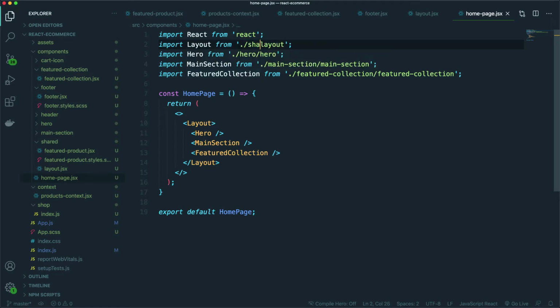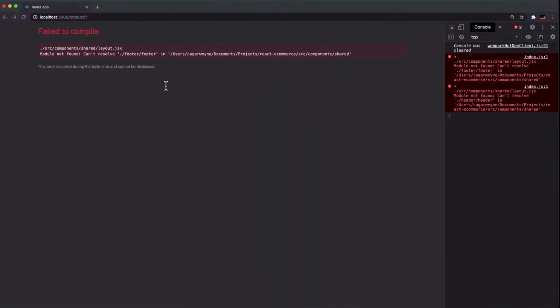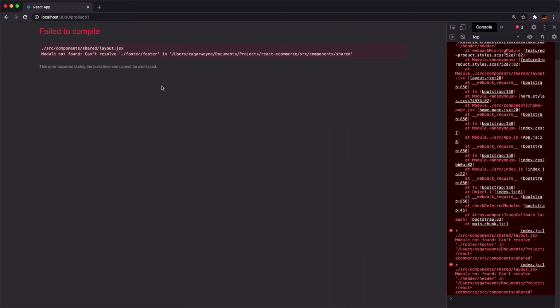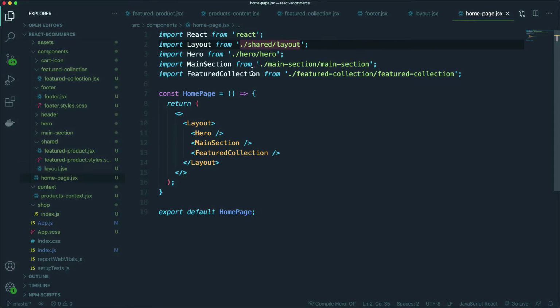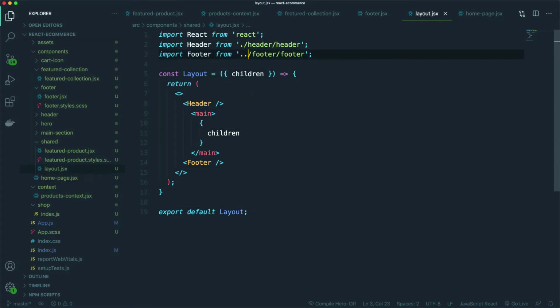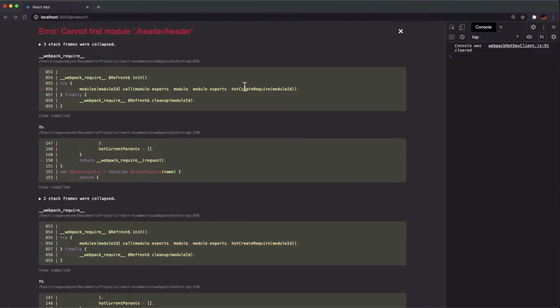So we need to go into the shared, and then it's going to be the layout component. Now refresh, and it can't find the footer component. Go to the layout component, and then into footer, and we need to do the same thing for the header as well. So if we save that out,